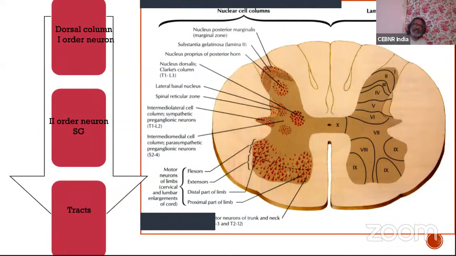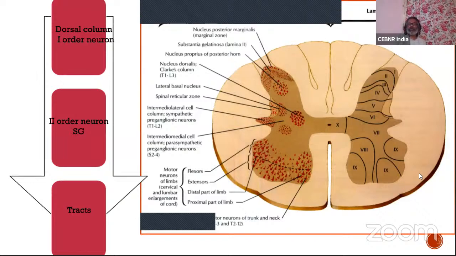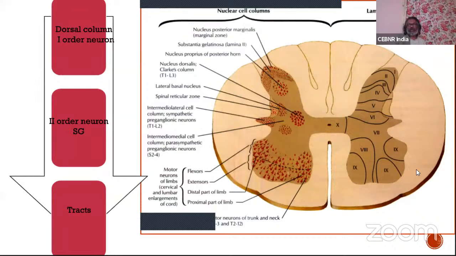So all this information goes to your posterior horn cell, then to your substantia gelatinosa. That's where most of them start synapsing with a neuron, right? There are lots of neurons in your substantia gelatinosa, so that's why it's called the second order neuron. From the second order neuron, they will cross and go to your lateral spinothalamic or your anterior spinothalamic. So they decussate also, and then they start going upwards as tracts.